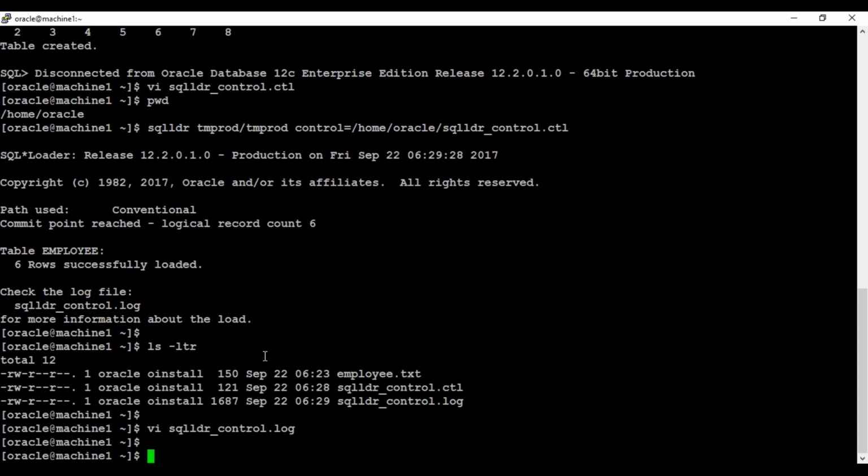Many times they will not have access to execute this, so that's the reason as a DBA we need to help them out in order to execute it. But as I said, it depends. Nowadays people are using so many third party tools to do this activity easily. If it is a frequent activity, let's say every time you are getting the data into a text file and then you want to load the data, say at least once per week,